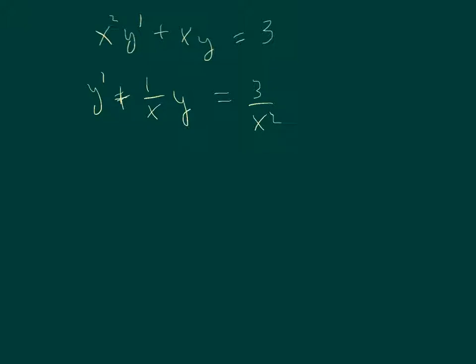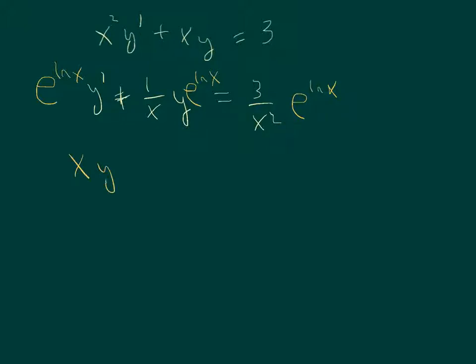But if I think about what I want to multiply both sides by, I can look at the coefficient of the y term, and that's 1 over x. And I think about the antiderivative of 1 over x, which is the natural log of x. So I can multiply everything here by e to the natural log of x. But then if I realize that e to the natural log of x is just x, I'll end up with